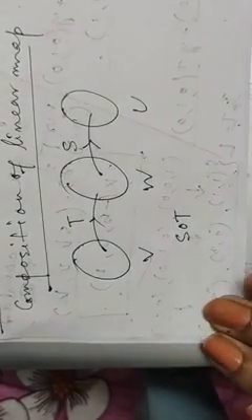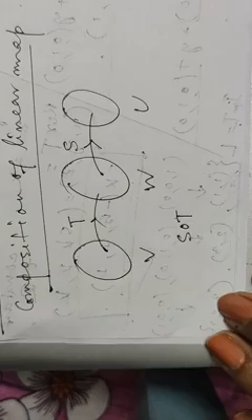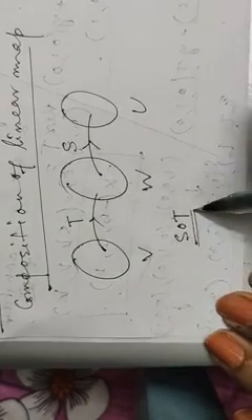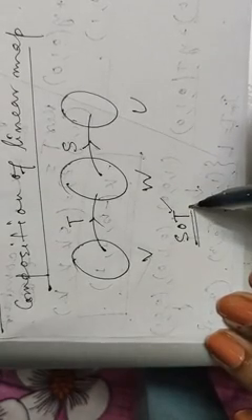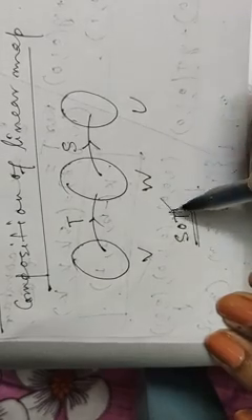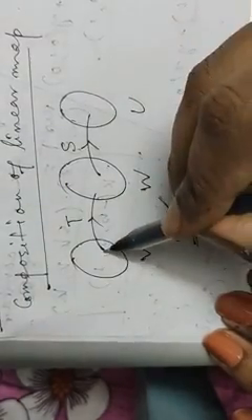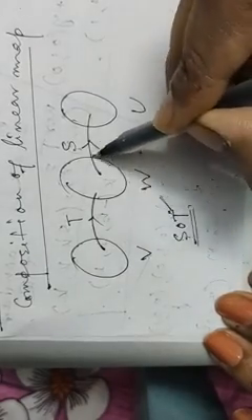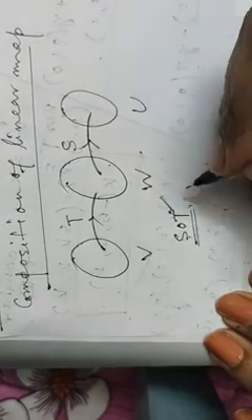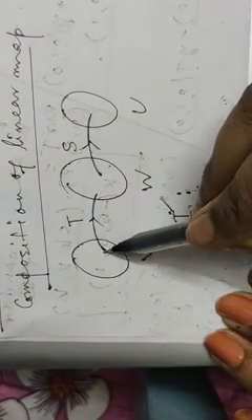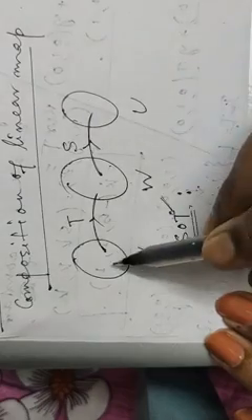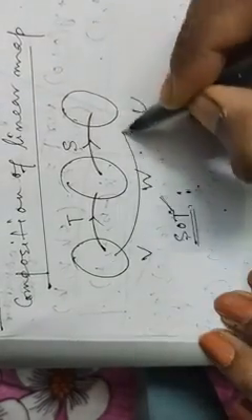Then their composition will be S composition T, because we know whenever we find the composition of two mappings, S composition T means T comes first, then comes S. Composition of mappings we have to count from the right hand side, that is T comes first, then comes S. So T from V to W, then from W to U it will be S. So what will be the domain and the codomain of S composition T? It starts from V, then W, then U. That means starting from V and ending at U. So from V to U.